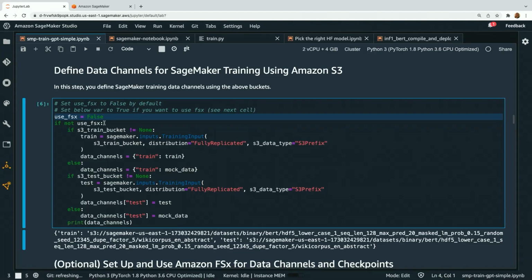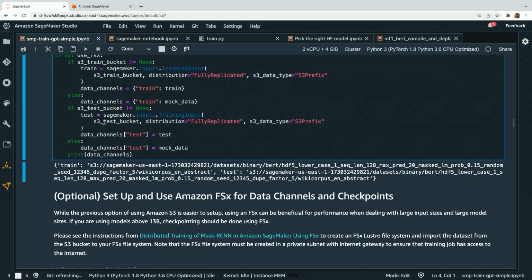So when you use FSX for Lustre, that wait time is gone because you have this file store. So there's an offline creation where you create the FSX for Lustre file store off of what's sitting in S3. In this case, we're not going to do that, but you can, again, create that FSX for Lustre. And then your training is just going to be faster because it's a much better iterative experience. Your instances come on and they just attach to your FSX for Lustre volume rather than waiting for that copy in from S3. So that's an option.